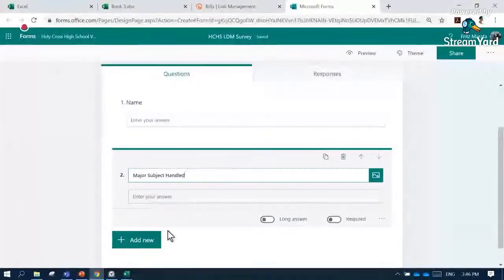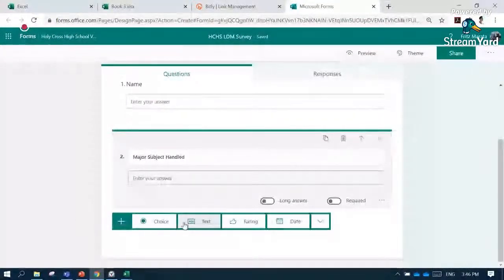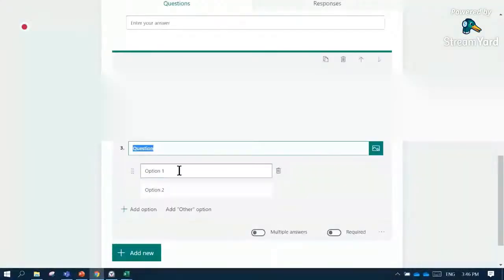Okay. Next item, we can have what level are you teaching? You can have choices here so that the options will be fixed.